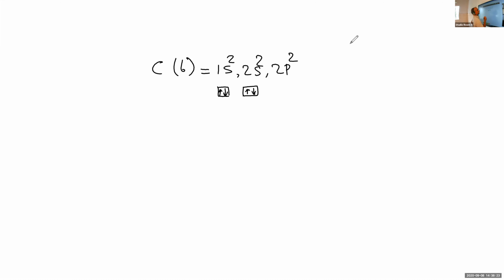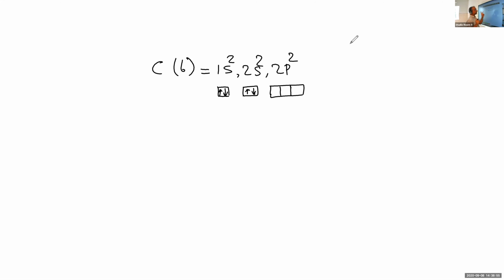But now we come to the p level. How many orbitals are there in the p level, Shivani? 3 orbitals, correct. There are 3 orbitals in the p level: Px, Py, Pz. How many electrons are there in the p level? In the carbon atom, 6, there are 2 electrons.